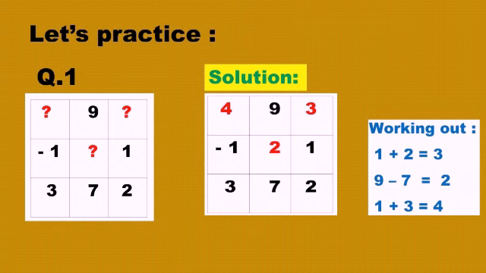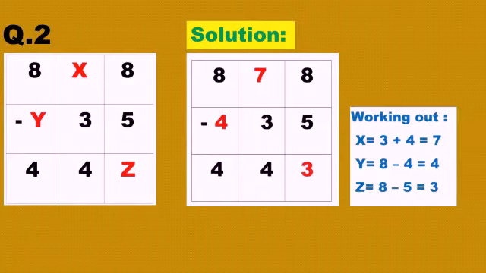In the second column, just observe the question mark is in the middle. The middle position indicates that it's a subtrahend. So when we need to find the subtrahend, what do we have to do? We have to subtract. When we subtract 7 from 9, we will get 2. The next number is again a minuend, so 1 plus 3 equals 4. This is the answer.